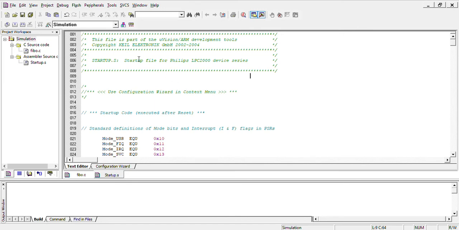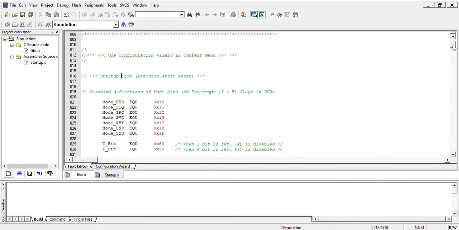Hello, this is a startup file for Philips LPC 2000 device series. This is a startup code. So this code is executed after a reset. Starting with the code,